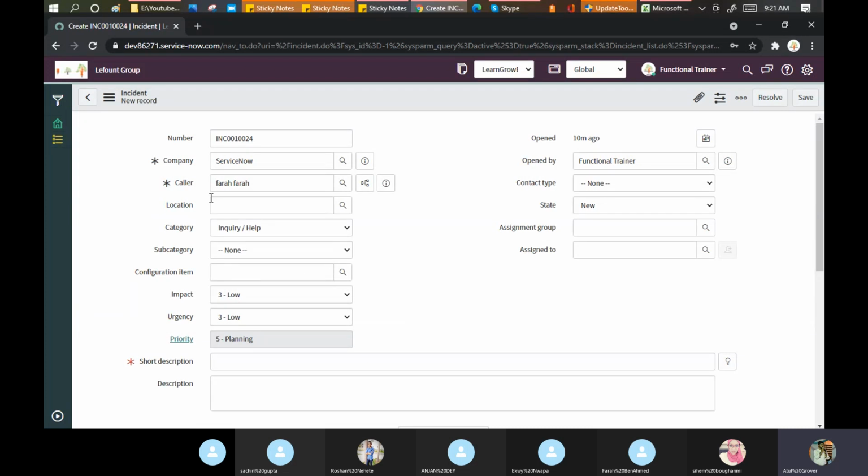Let me tell you one more important point. Atul, you are an experience holder, you can speak a lot about ServiceNow. You are saying it is a reference field, but how do I come to know for which table it has been referenced? So what you can do is right click on the caller field and go to Configure Dictionary.